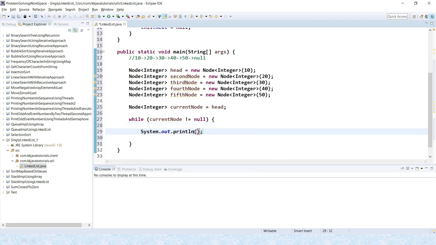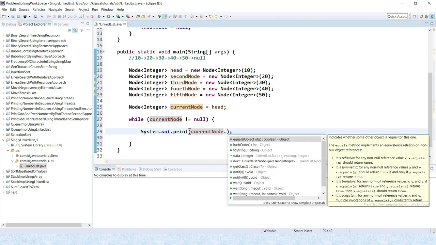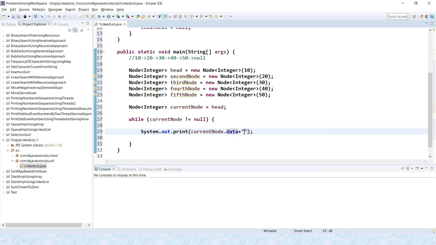For the data part I'm going to use the print method, and here I would say current.data, and here I am putting a space, and then I'll do current equal to current.next, and this I am going to assign to the current node itself, right?